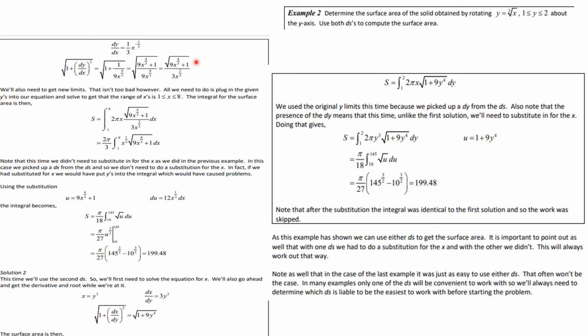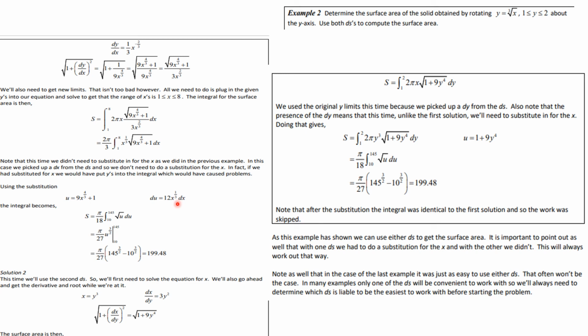Now we need to deal with our limits though, because we're doing dx, so we have to figure out that x goes from 1 to 8. Make sure you understand why that happens, and then I simplify this by pulling things out. I'm going to do a u substitution to evaluate this integral. I'm going to let u equal what's under the square root. That means that du is going to be